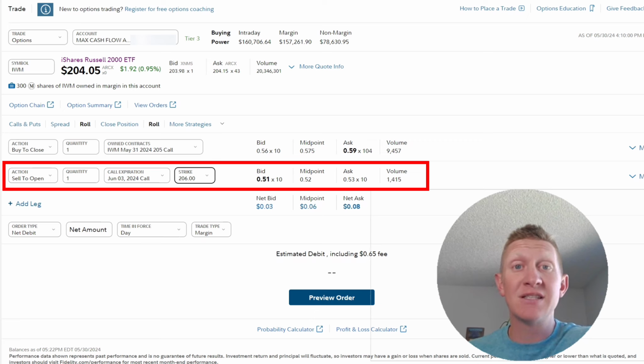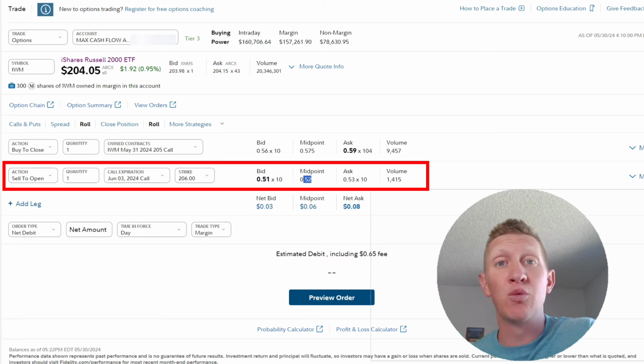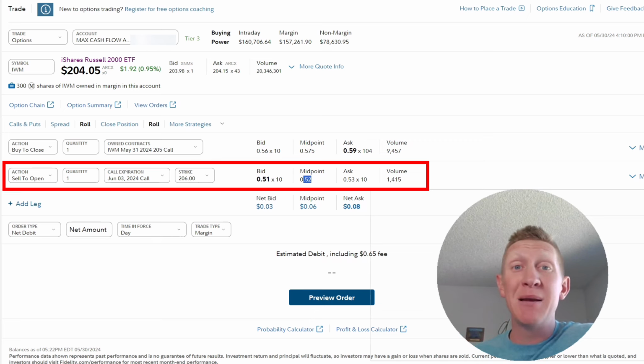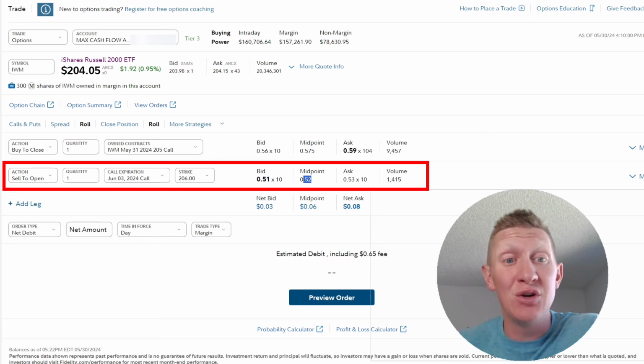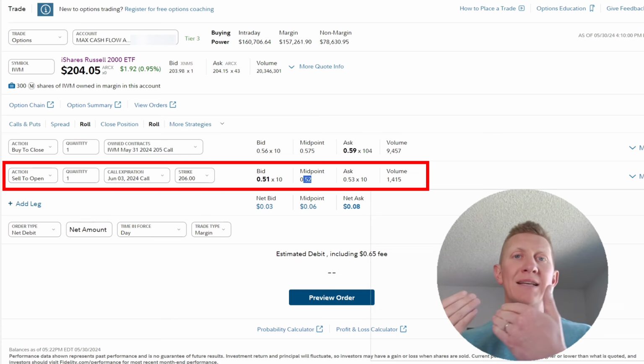And you can see here, this is a good example of what happens when the new contract is worth less than the existing contract. In this situation, 57 versus approximately 52 means it would be a net debit of between $3 and $8, meaning you would have to pay money in order to roll your contract, which at times might make a lot of sense to do, because when you roll your contract out